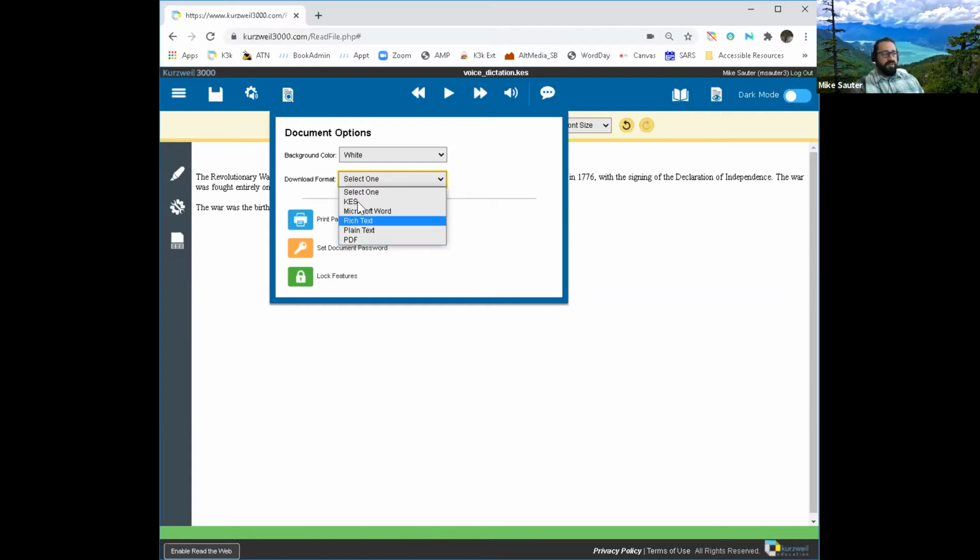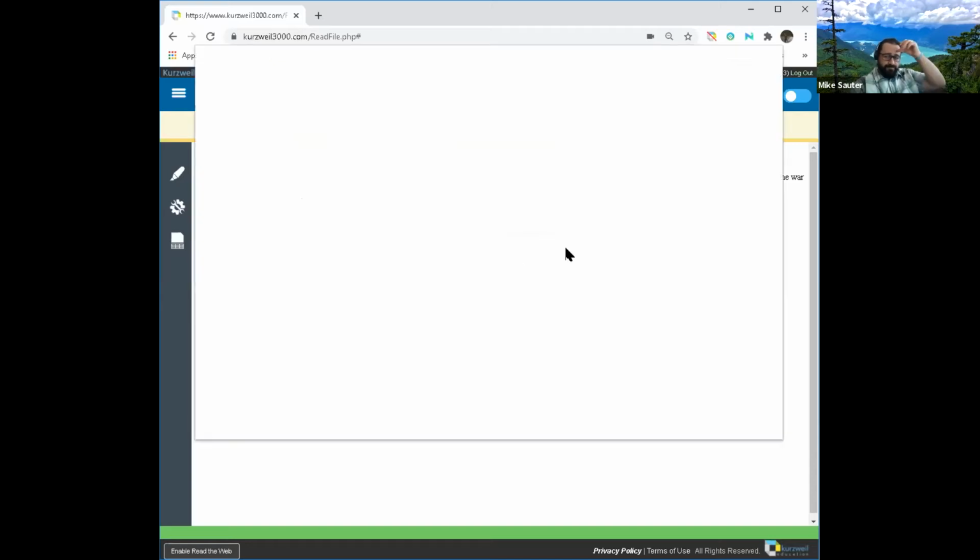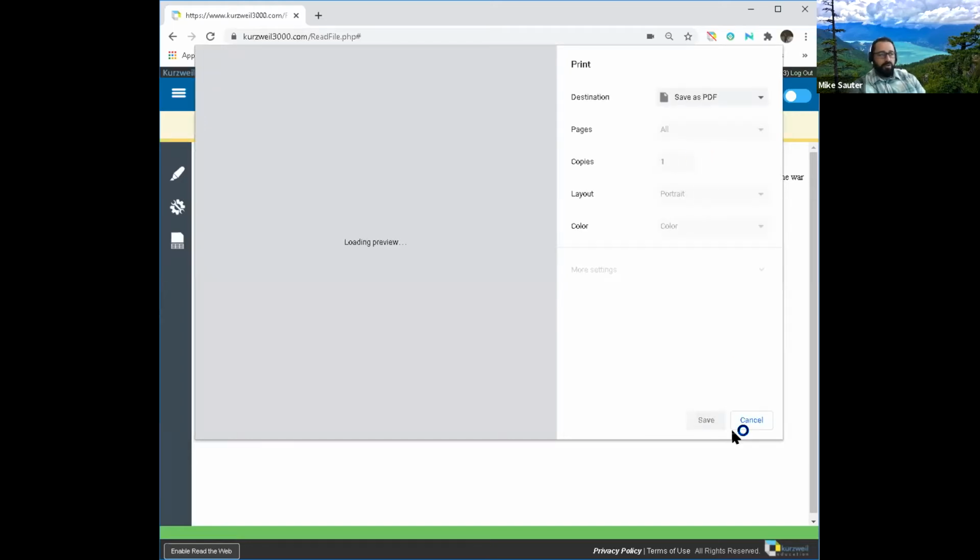Plain text, rich text, and then KES is a Kurzweil format too. If you are running Kurzweil as a standalone program on your computer, you would download it as a Kurzweil. And the last one I just chose was to print. So I can print this out as well.